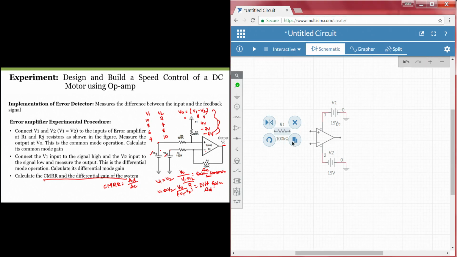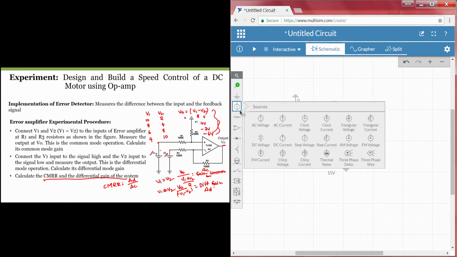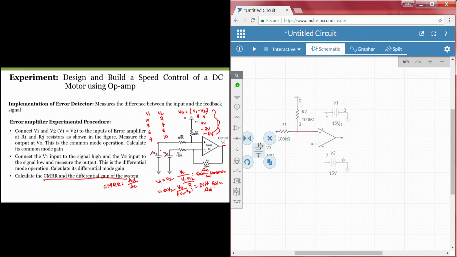So, I need to take one more resistor, and this is my R2. This R2 part is done. This part I have to connect to the ground, so I have taken the ground terminal and I am connecting it here. This part should be connected here, and this part also connected to the positive terminal. So, this is nothing but V1. I will take one more DC voltage source and connect it at this point.